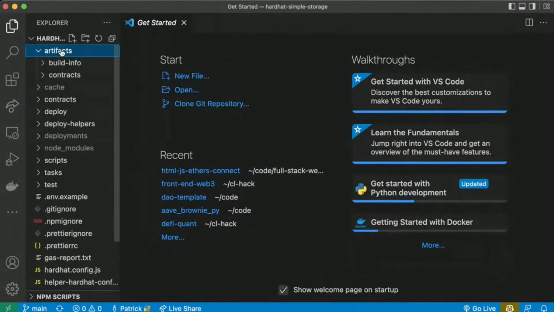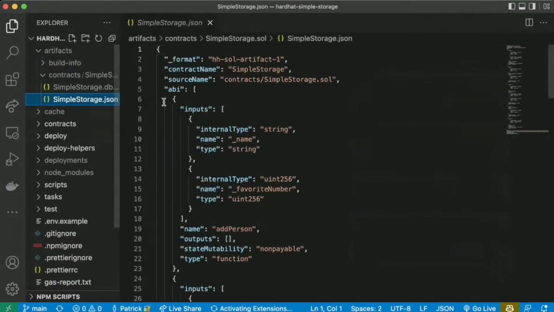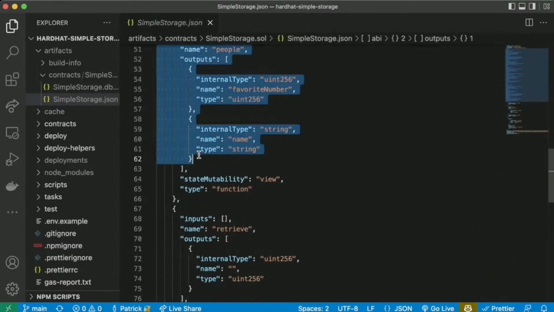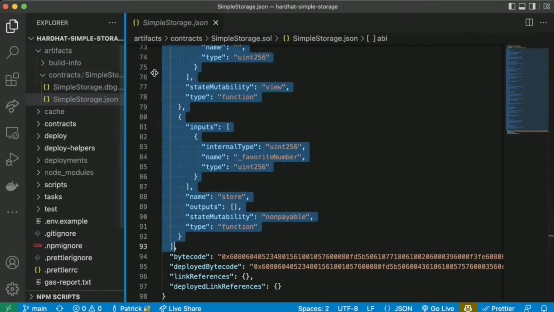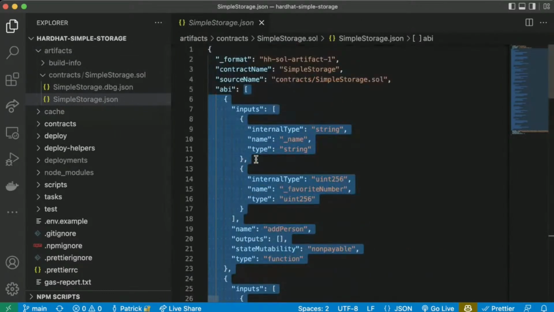All of our code gets compiled to artifacts. And in contracts, you see this SimpleStorage.json, and there's this section called ABI. And guess what? That is the ABI of the entire contract. So we can copy that from artifacts, contracts, SimpleStorage.sol, SimpleStorage.json, copy this ABI thing.